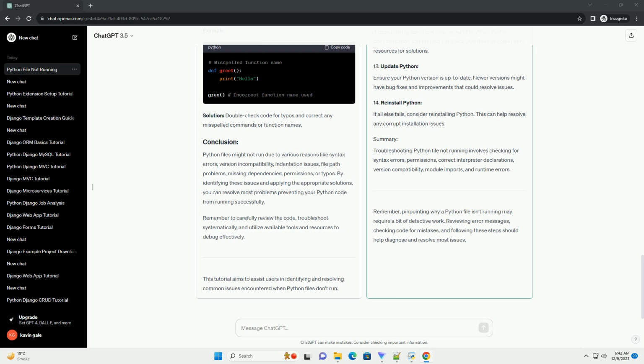Certainly. Sometimes, Python files might not run due to various reasons such as syntax errors, file permission issues, or incorrect Python interpreter version. Here's a tutorial to troubleshoot and resolve common issues when a Python file isn't running. Ensure Python is installed on your system and properly configured. Open a terminal or command prompt and type the version command. If Python is installed, this command will display the version number. If not installed, download and install Python from the official website,